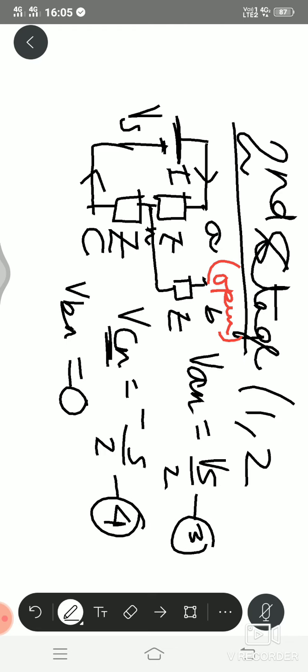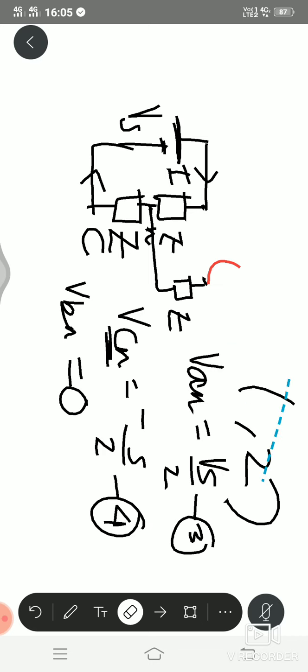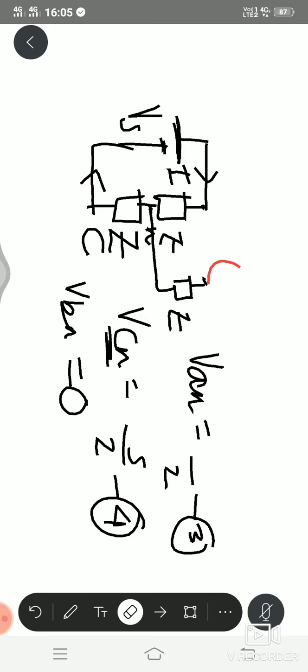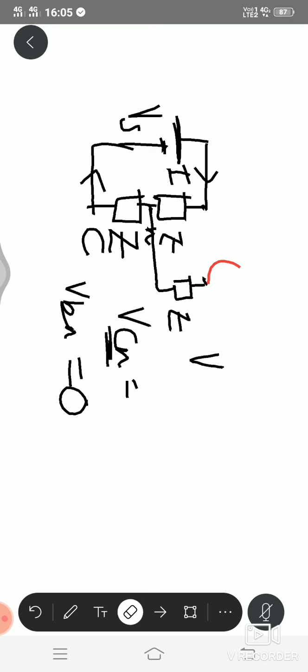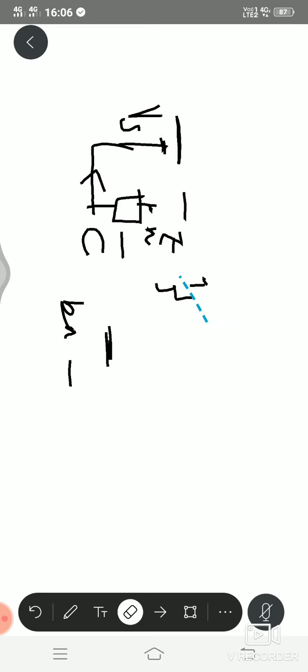VBN will be 0 as it is open. So now, no need to go for other stages, because for drawing the phase voltages we need to know only the starting of the phase voltages waveform, and as they follow a particular pattern, no need to find out the individual phase voltages VAN, VBN, VCN for all the 6 stages. You can solve it up to the second stage. That's more than enough. Okay, now let us move to the phase voltages.